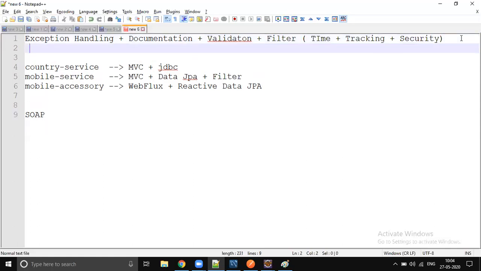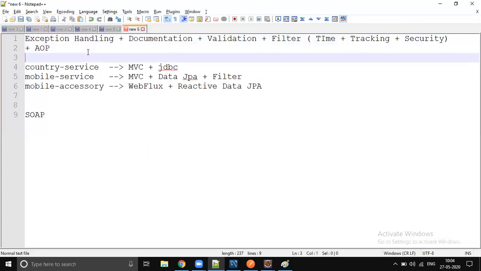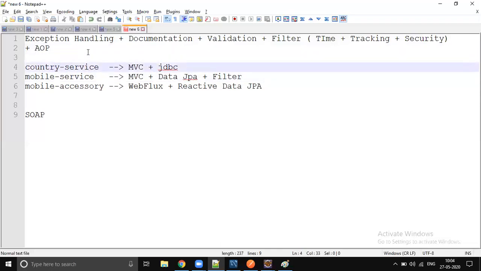We will also learn how to log how much time each method takes to execute. We will do that using AOP. These are common things, so we will move them away from each application. We will create a common project and put them over there.